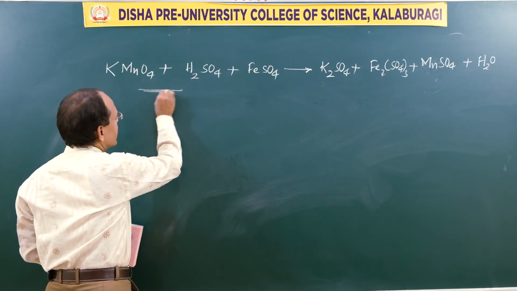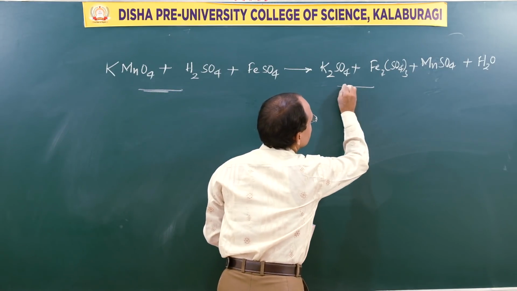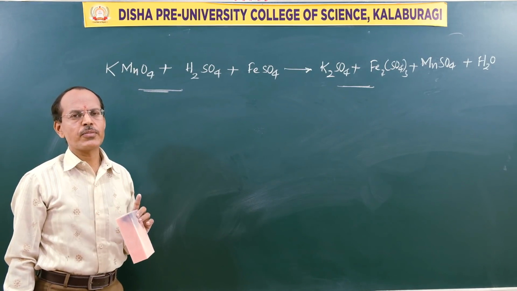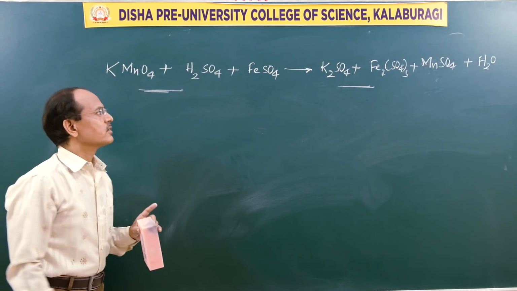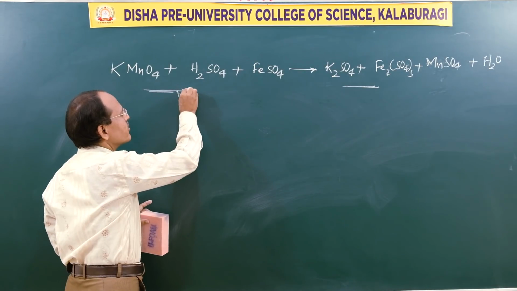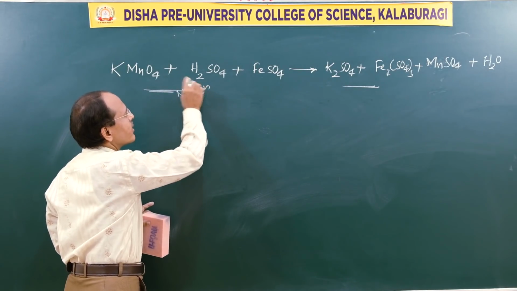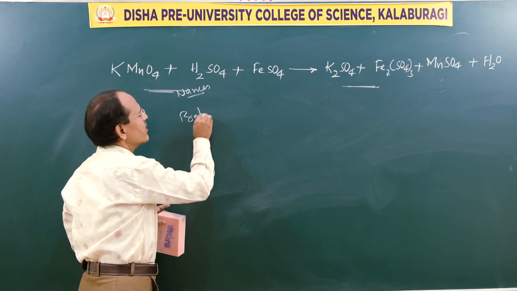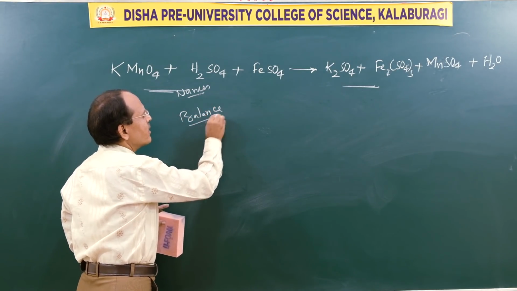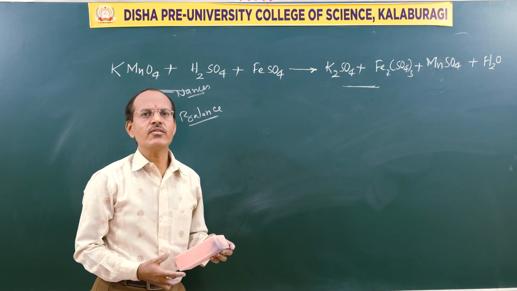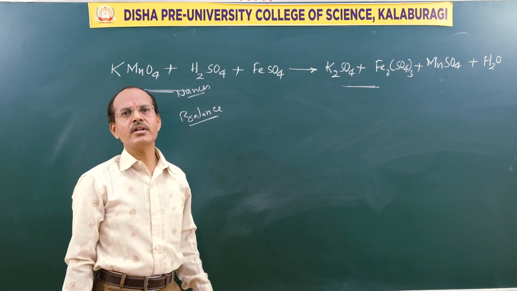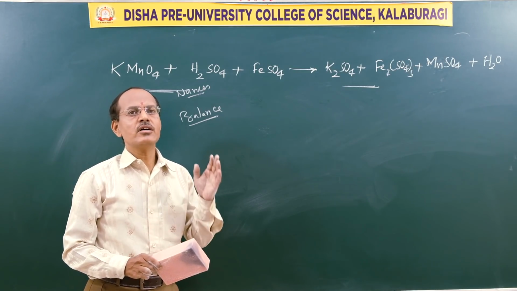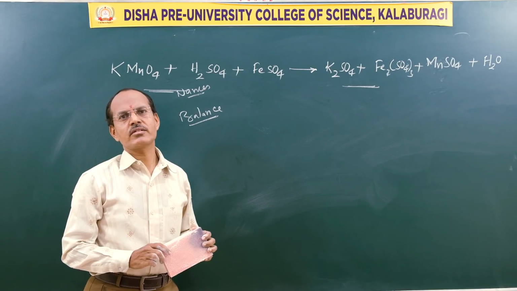3 are the reactants, 4 are the products. First you write the names of the respective reactants as well as products, and then balance the equation. Okay. So in the next class we'll see the same example with a few more examples, and then we'll have the types of reactions. Okay.